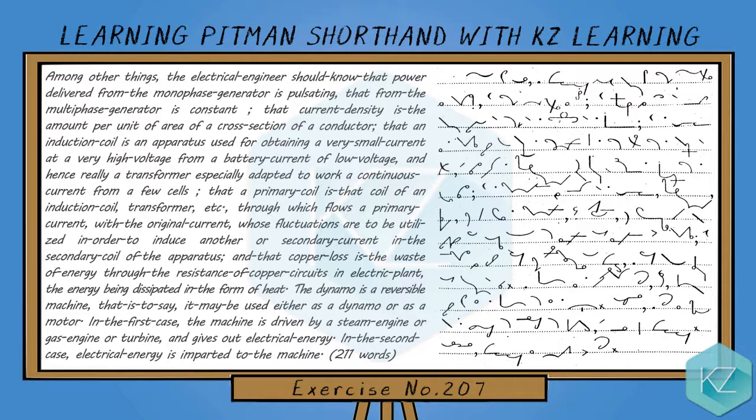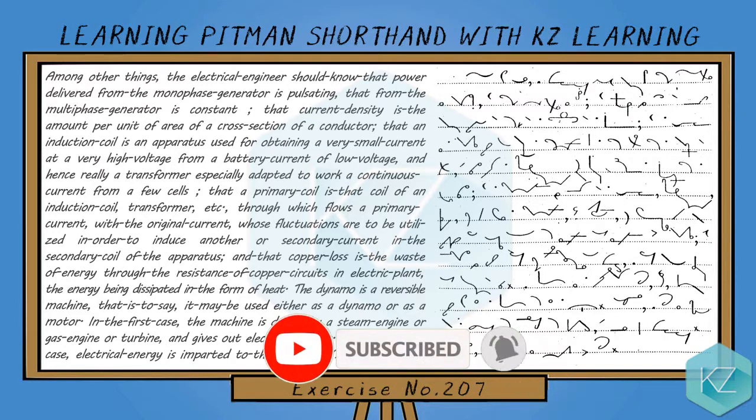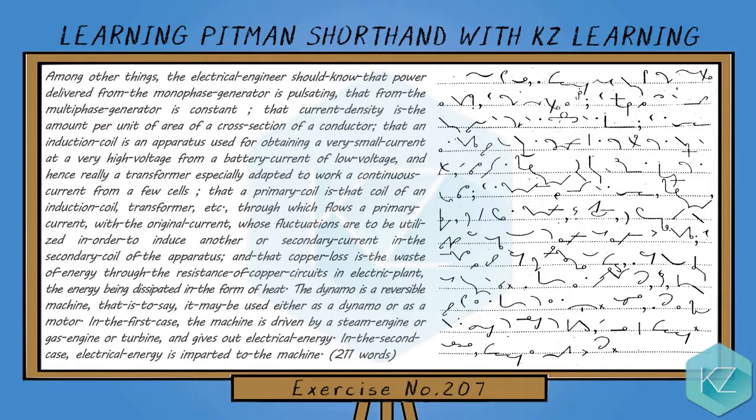at a very high voltage from a battery current of low voltage, and hence really a transformer specially adapted to work a continuous current from a few cells, that a primary coil is that coil of an induction coil, transformer, etc., through which flows a primary current with the original current, whose fluctuations are to be utilized in order to